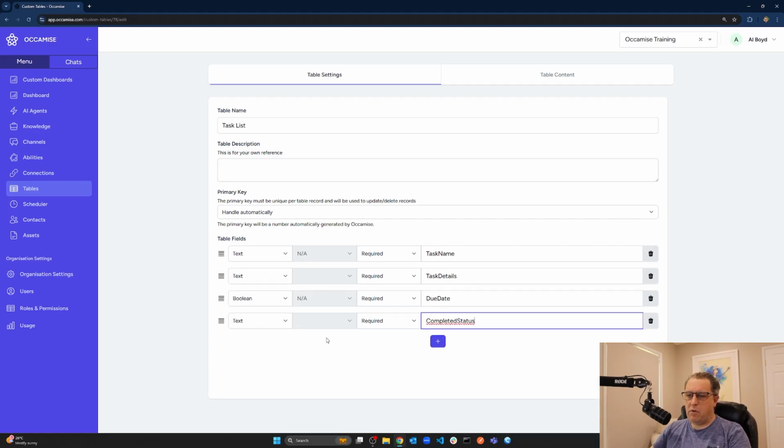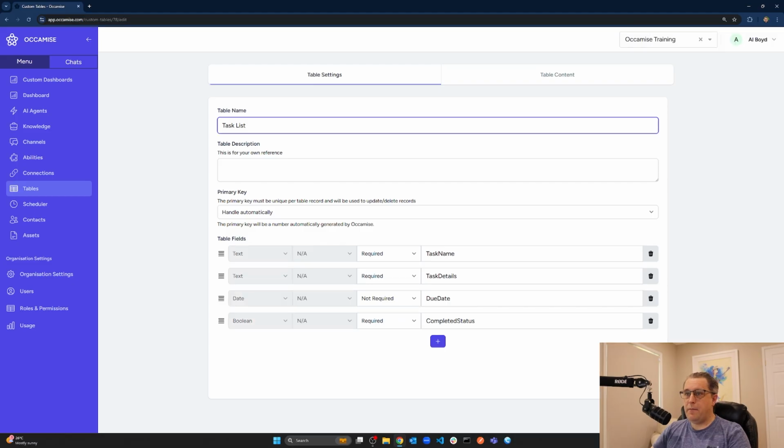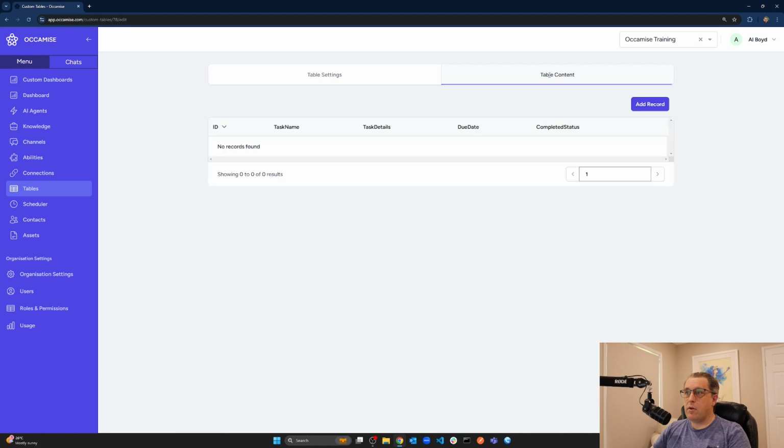And you might want to obviously add other date columns like when was this record added. Sorry, due date is not Boolean. Due date is obviously a date. Okay, so this might be how you would set it up. And perhaps not everything needs a due date, so you could set that as not required. And that's your table. So if I hit Save Changes now, and I come over to the Table Content tab,